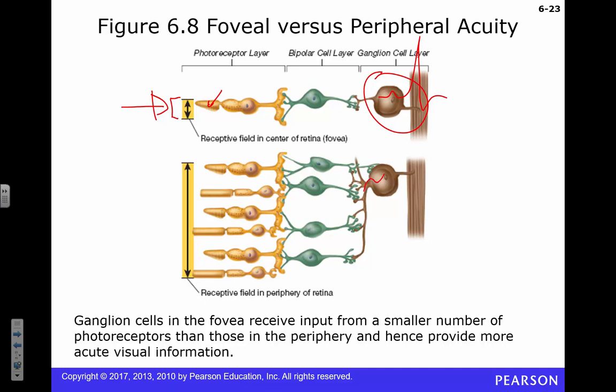This ganglion cell here, it's going to fire an action potential. Awesome. Did it fire that action potential because this guy got a photon, or was it this cell, or this cell, or this cell? We don't know, right? Because all of these cells funnel down to that one ganglion cell. We've lost some of that information, right? And it's not as precise.